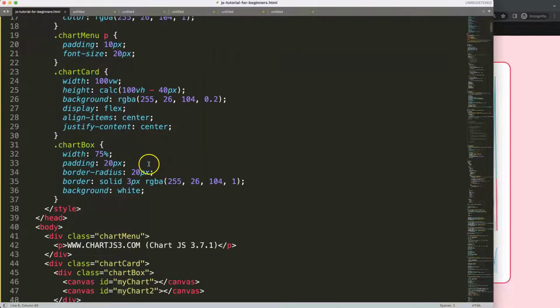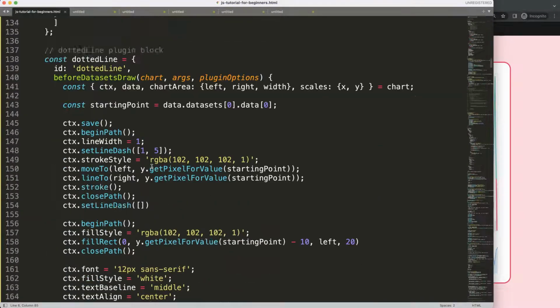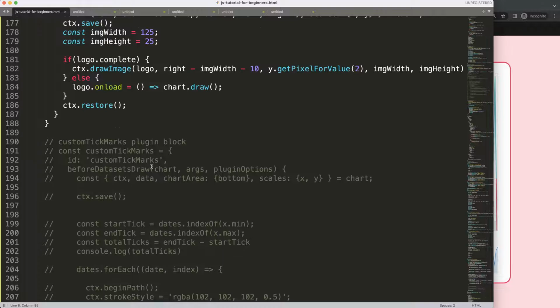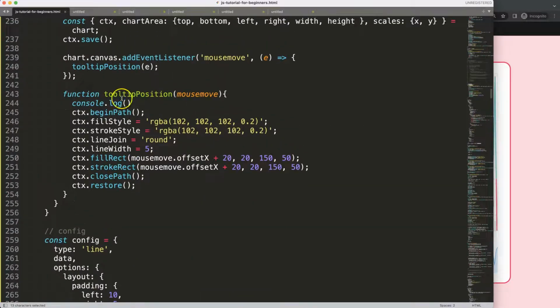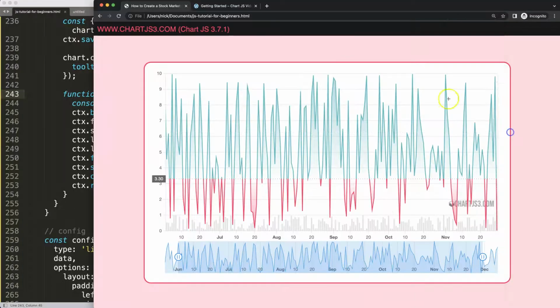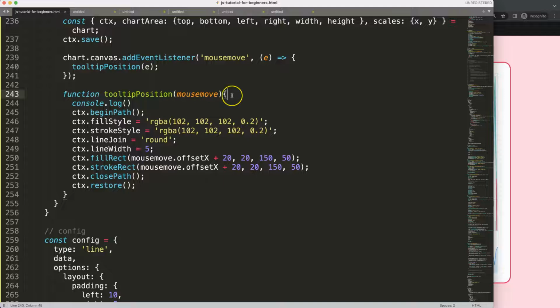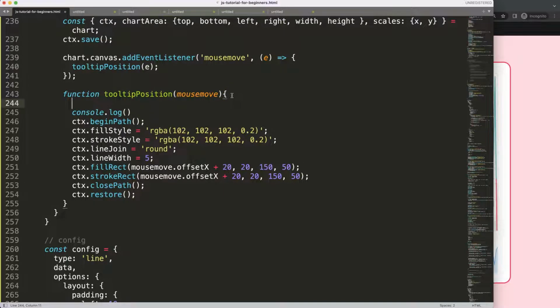So to do this, first of all, we have to go back to the tooltip function we have created. Let's search for this function here, the custom tooltip block, and then we have the tooltip position. What I'm going to do first is solve that everything outside of the chart area should not be displayed. So I'm going to press enter, and create an if statement, and this if statement is very straightforward. So if the mouse move